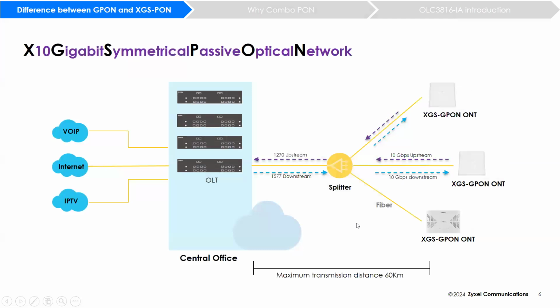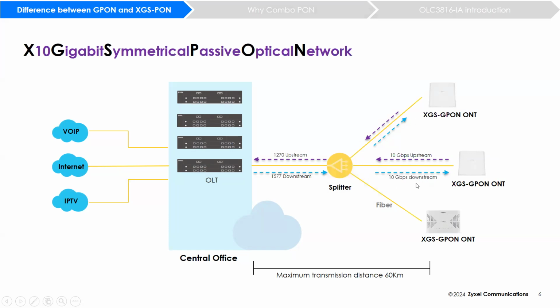Okay, and this is the application of the SGS PON technology. As you can see, the appearance looks quite the same as the GPON network. But we can notice that SGS PON, which is the abbreviation of 10 gigabit symmetric passive optical network, can provide 10 gigabit per second in both upstream and downstream